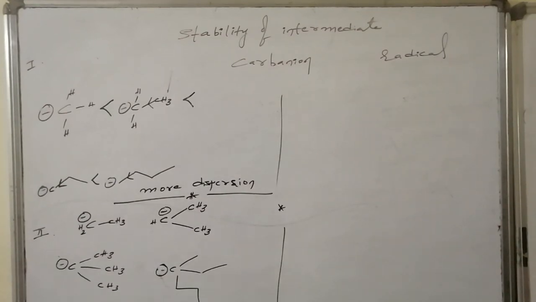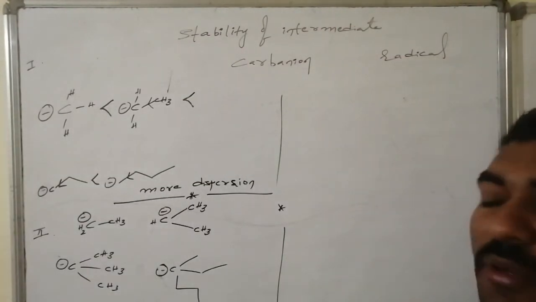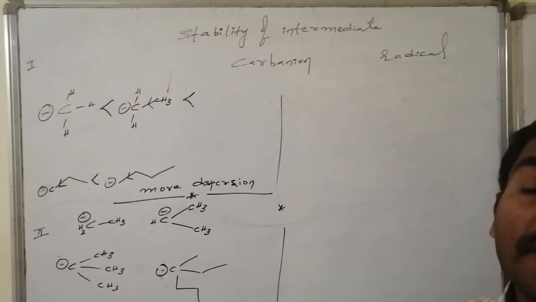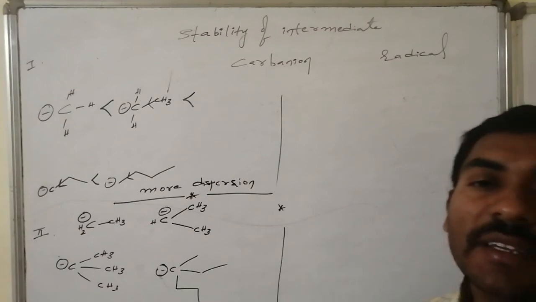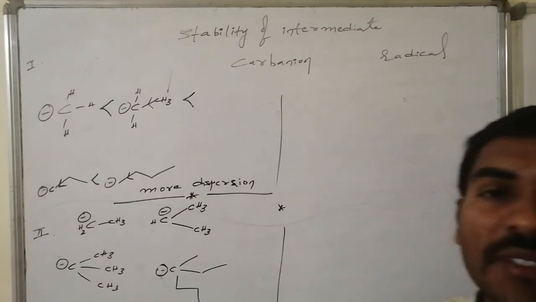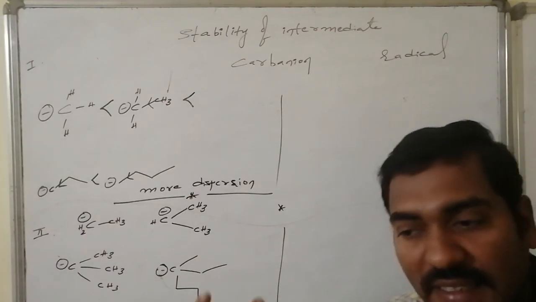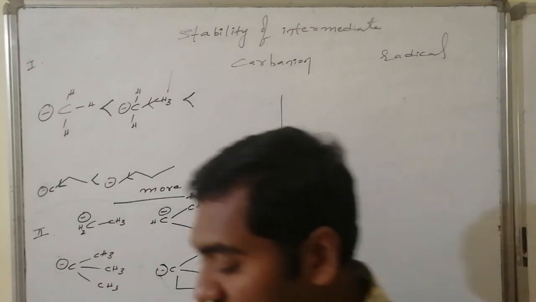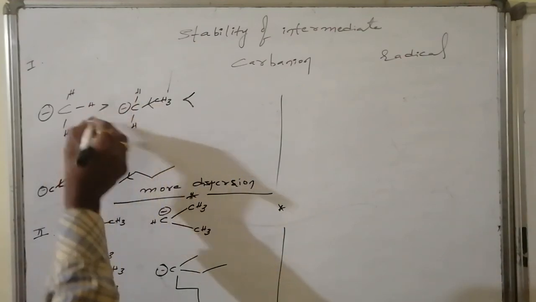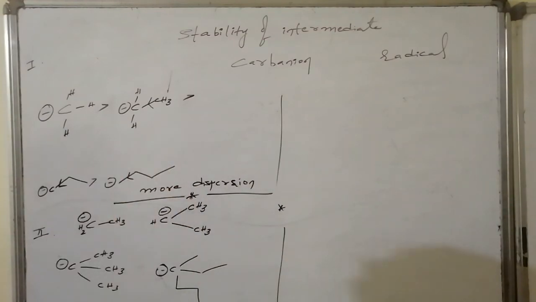Suppose it forms anions, that is methyl anion, ethyl anion, propyl anion, and butyl anions. In this case, the groups connected are once again positive inductive effect groups. They increase the electron density on the anion. As a result, deposition occurs. The more the deposition, the more the localization of the charge. Higher charge implies destability. Hence, this is having highest stability, this is second highest stability, relatively this is third, and this is least stability.